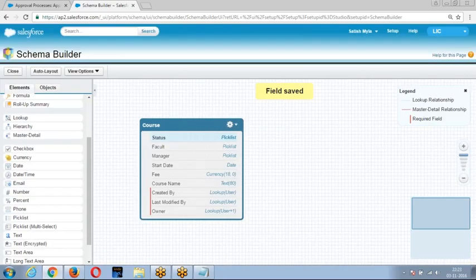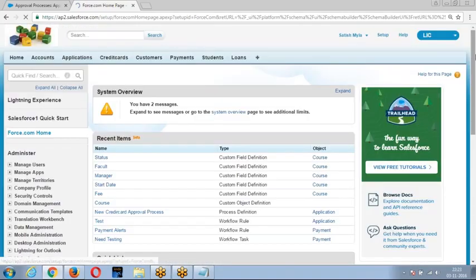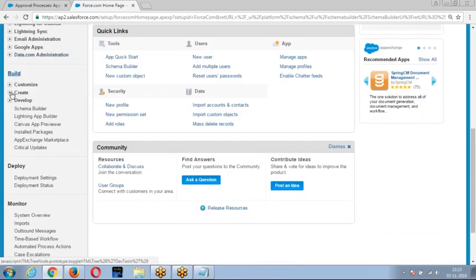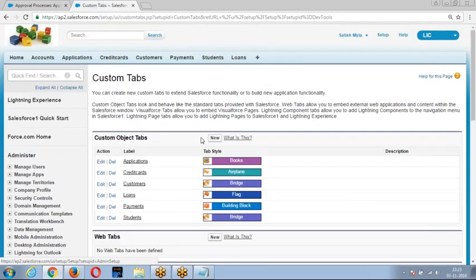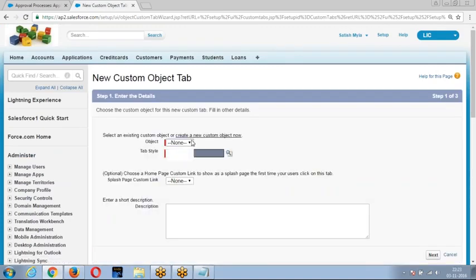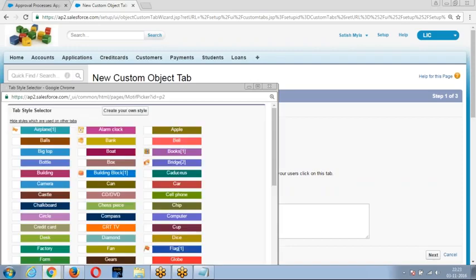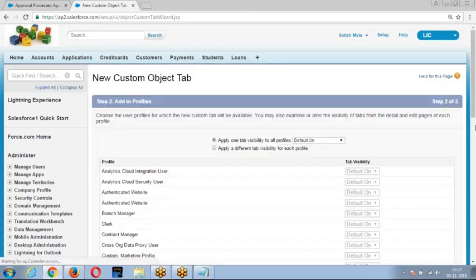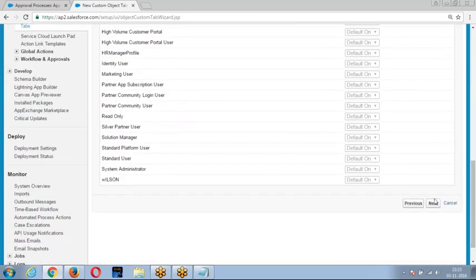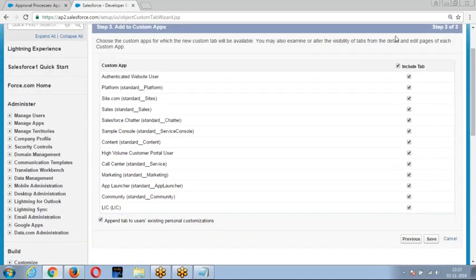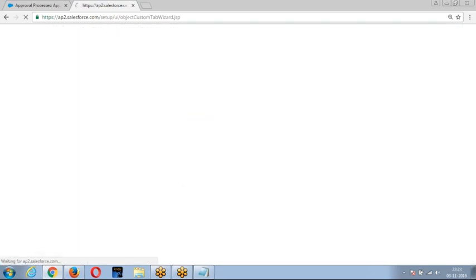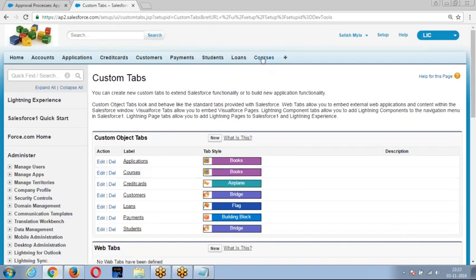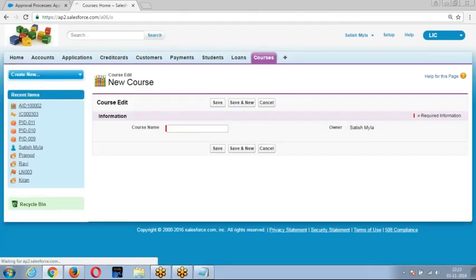I created the object. Let me create the tab for it. Build, create, tab. Right, so we created a course object with the corresponding fields.